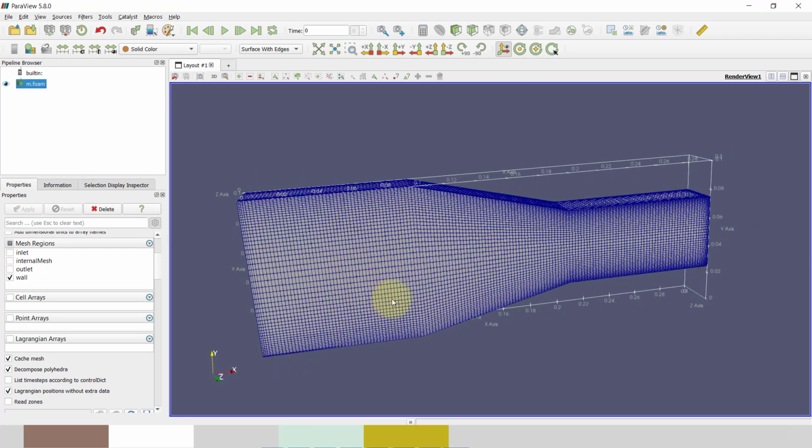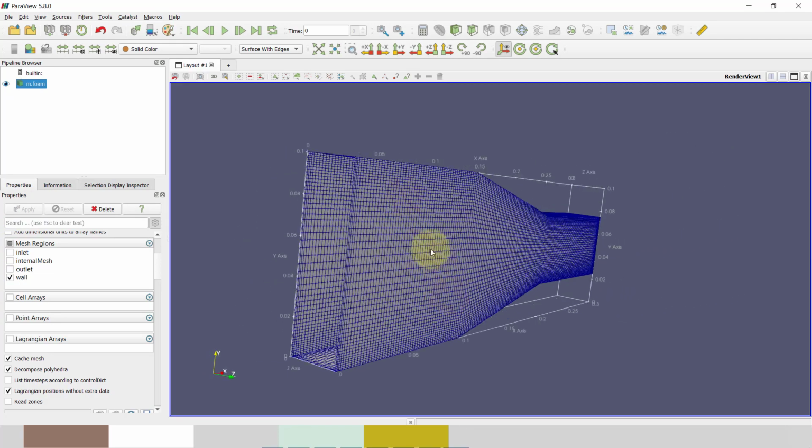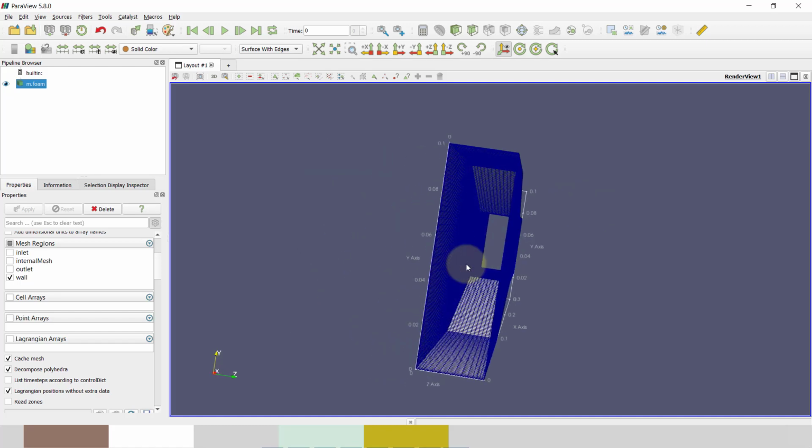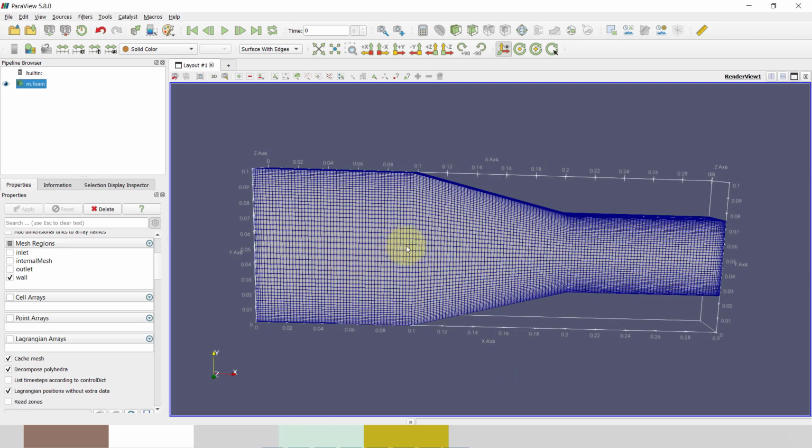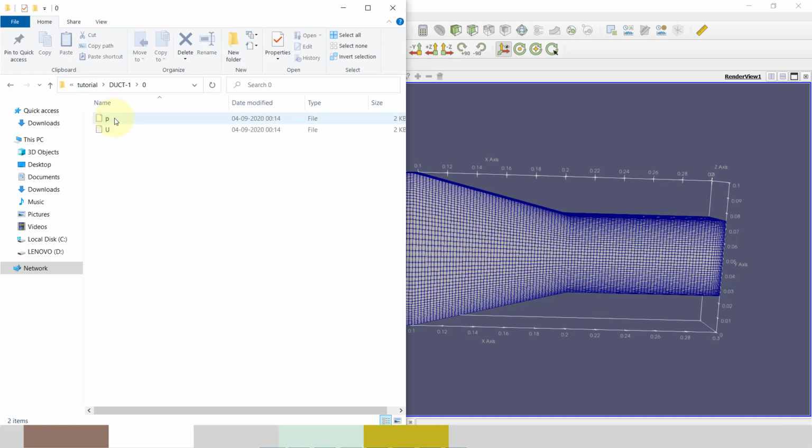So near the wall, my velocity is almost 0, and I got the velocity profile between this wall. So right now I will validate my result. I will give boundary conditions in 0.